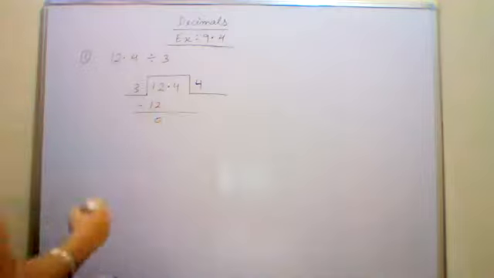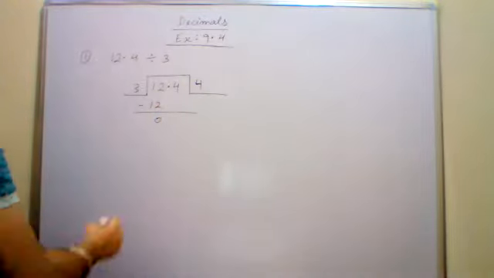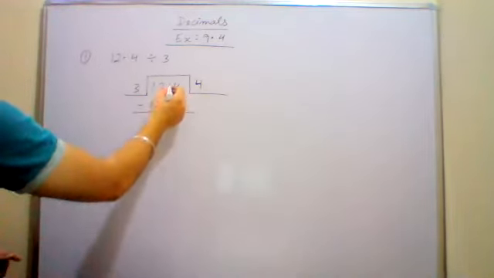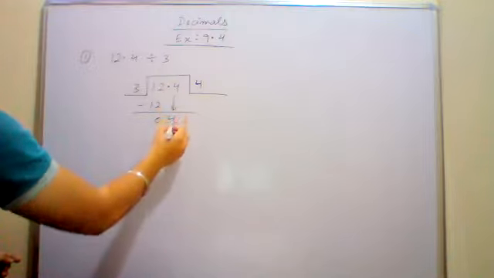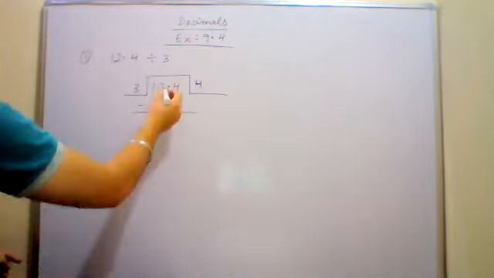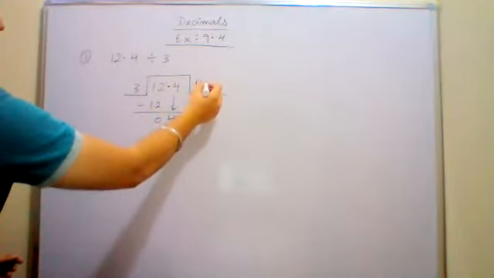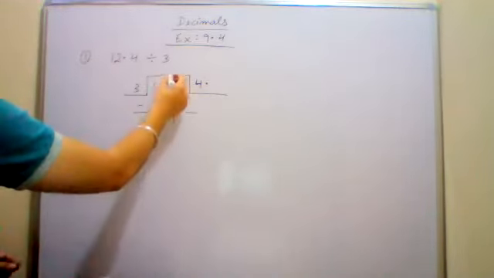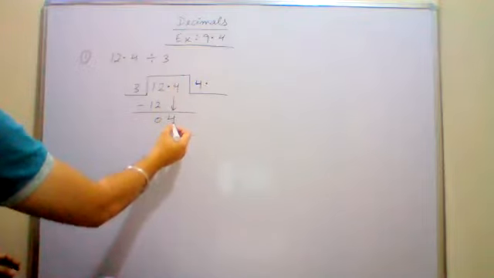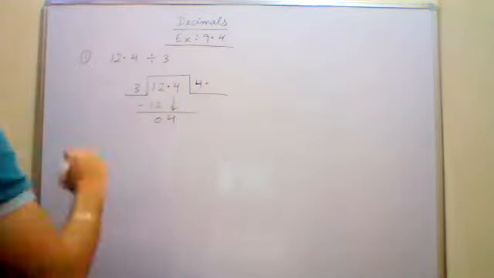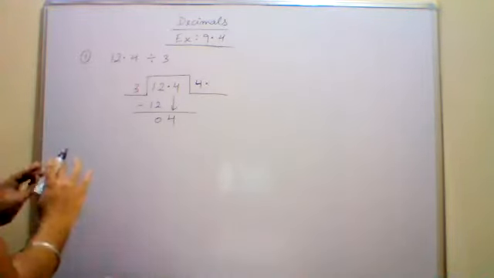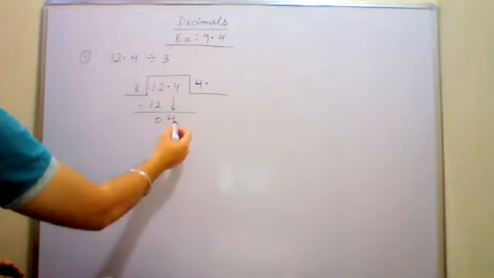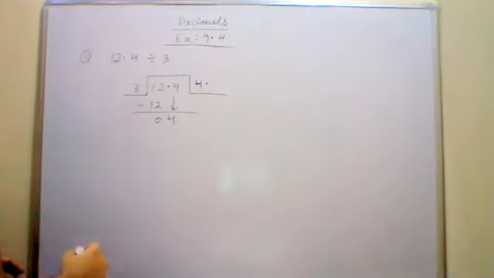Now this is the main step. Please pay attention, all of you. Now you are copying down a digit which is after the decimal. When you copy down the first digit after the decimal, you will write the decimal in the place of the quotient. जैसे ही आपने डेसिमल के बाद का डिजिट कॉपी किया, वैसे ही आपको क्वोशंट में डेसिमल लगाना है. बहुत सिंपल चीज है, इसके अलावा और कुछ नहीं है.